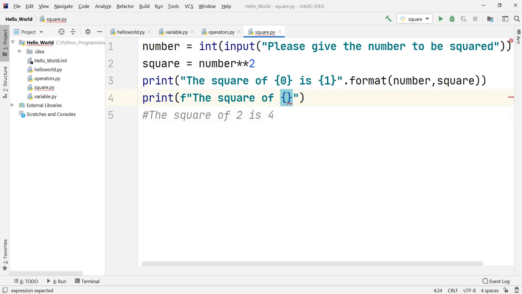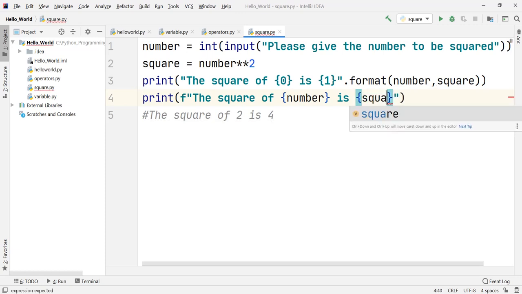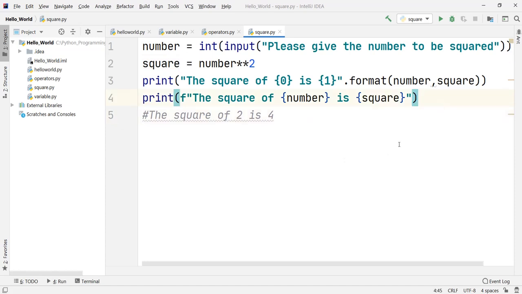So Python is saying that rather than using the one that we have done earlier, use this method instead. There is no format method as such.